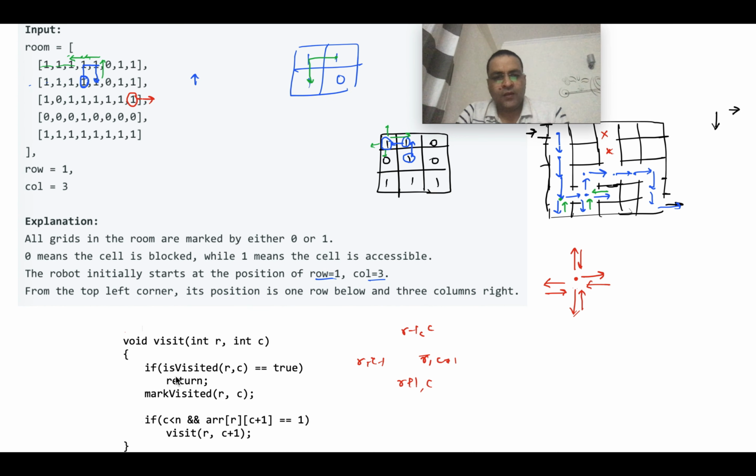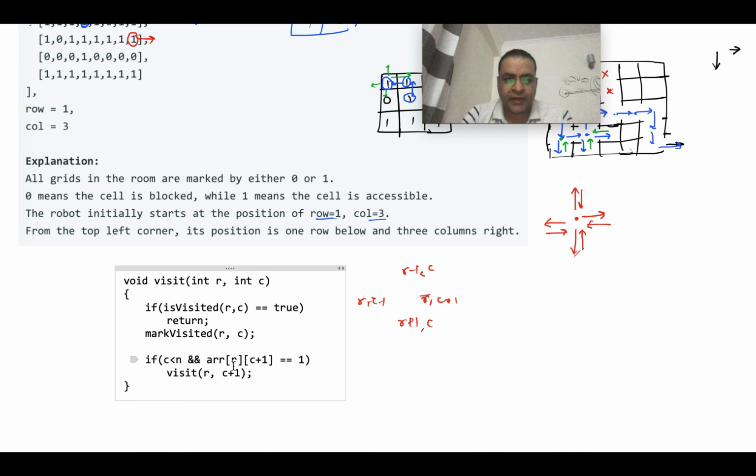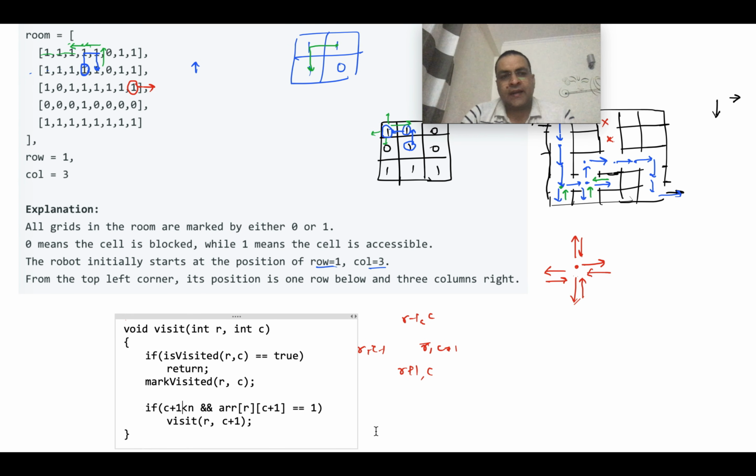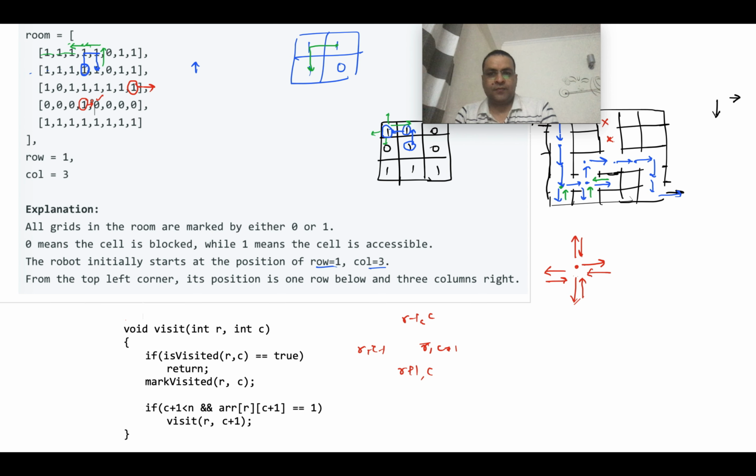So first of all, C should be less than N. Actually, this should be C is less than N minus 1, so C plus 1 should be less than N. And second, the next element should be 1. Let's say you are here. You should not be visiting this 0 because 0 is blocked.